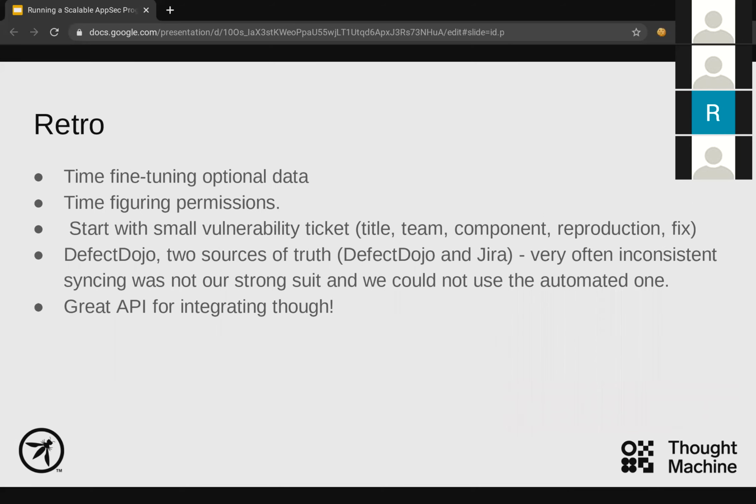So what did we talk about in the retro? We spent a ton of time fine-tuning for optional data. It was a bad idea. We kept going back to Jira and changing and gathering more data and adding more fields and changing the fields. And it felt at the time nice because we were getting all this nice data that we could potentially measure, but